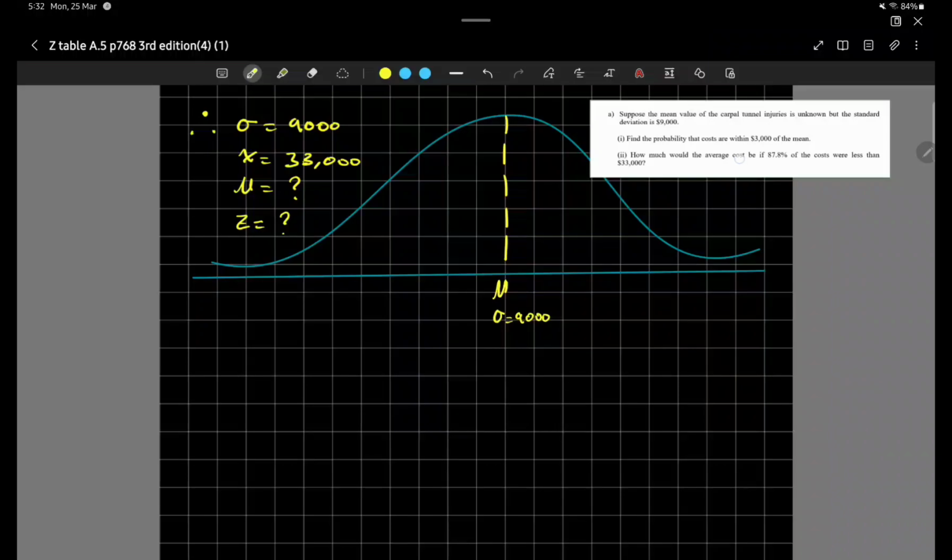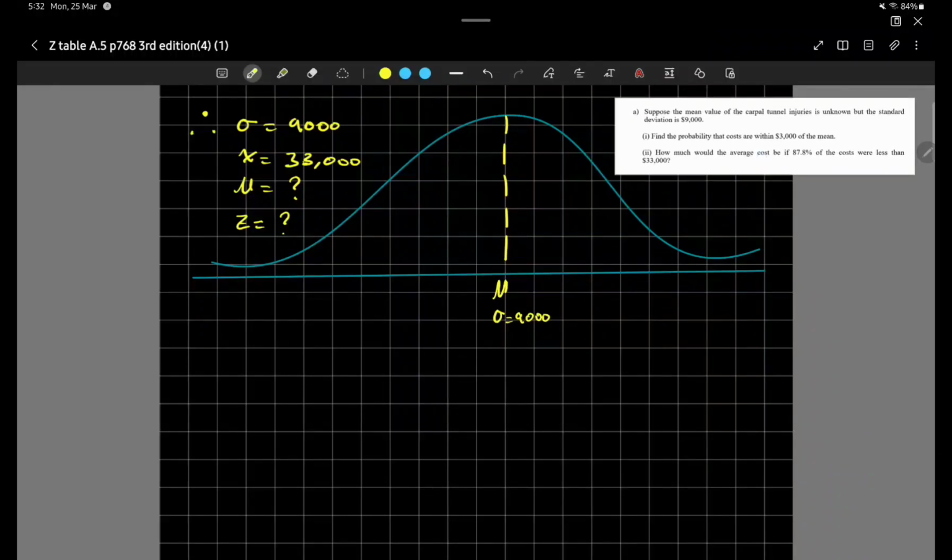So in order to solve this, we're going to have to figure out the area under the curve and then put it through our function to get